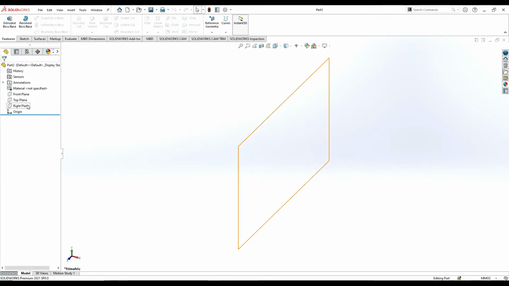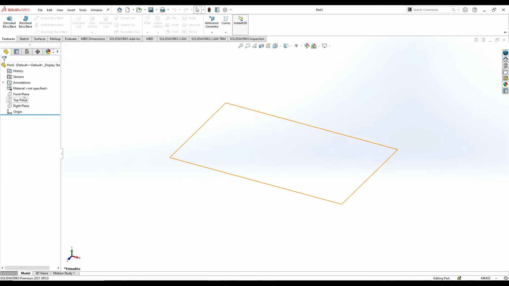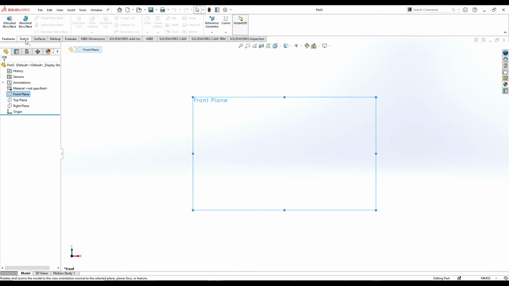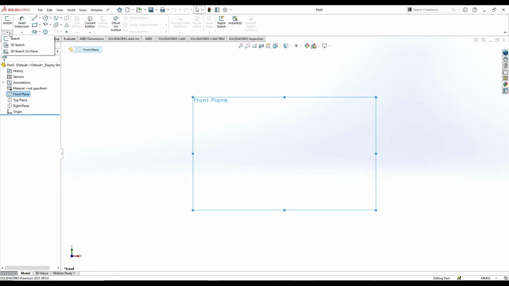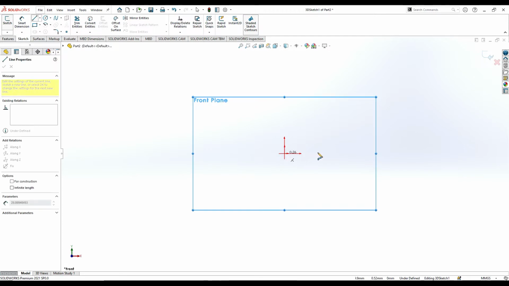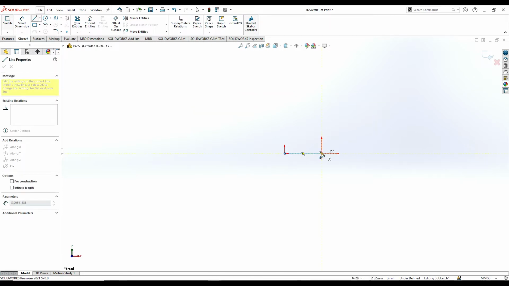First we have to choose the plane on which we want to draw the sketch. I am choosing the front plane, and I will go to the sketch option. After that I will choose 3D sketch. Then I will pick a line and draw a line of some dimension. First we draw a rough structure, then after that we will put the dimensions on it. So, like this,